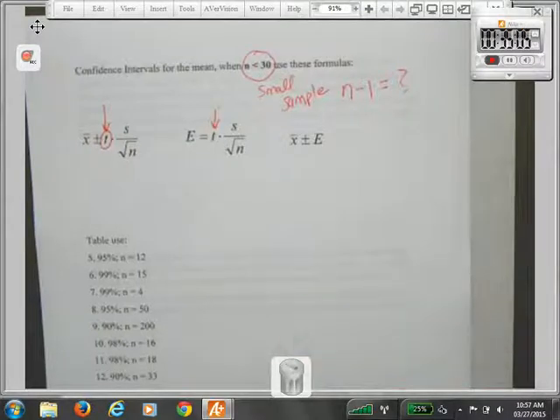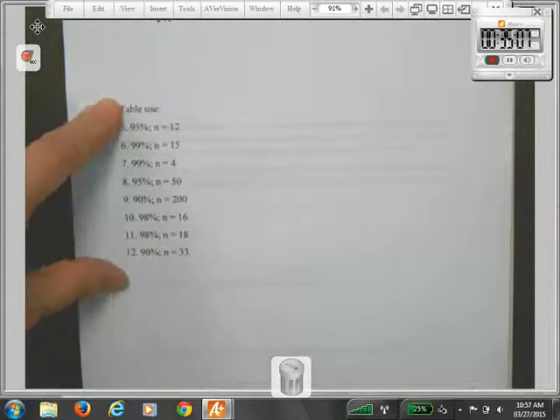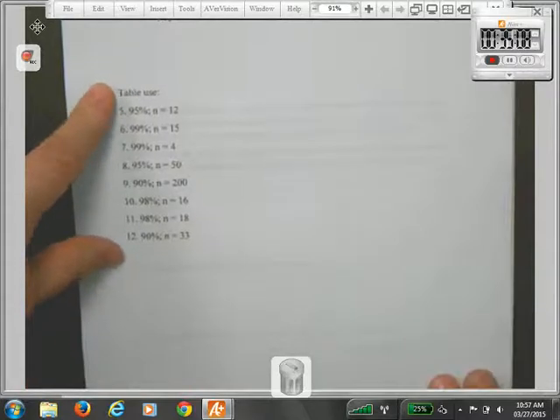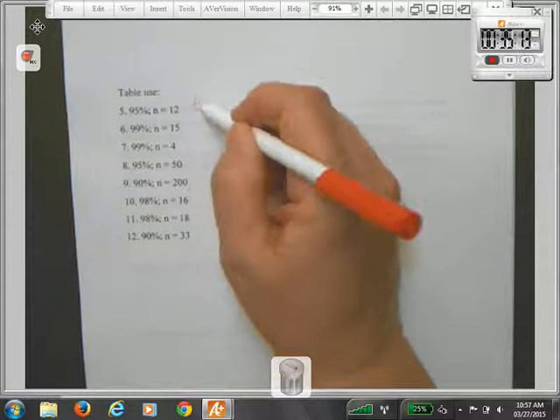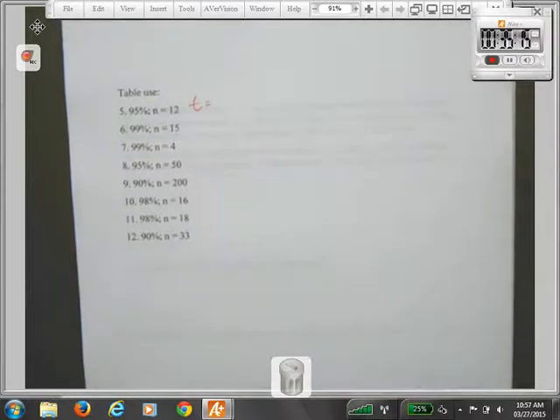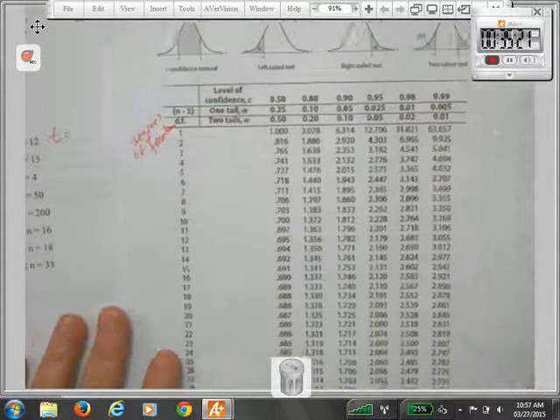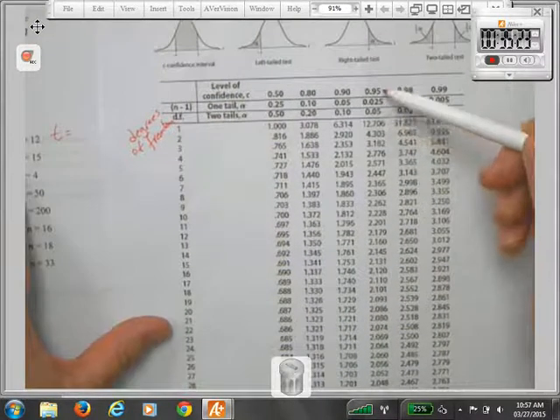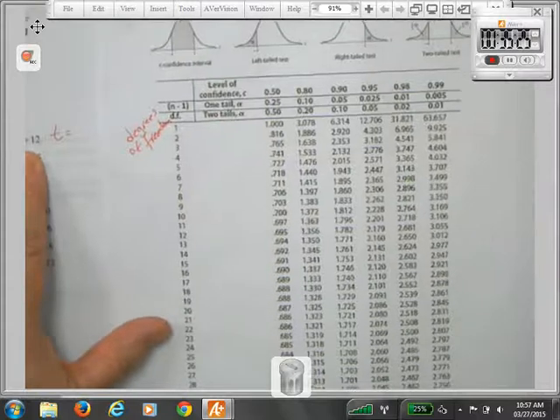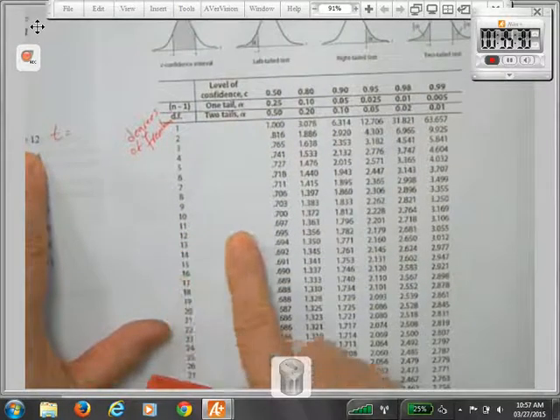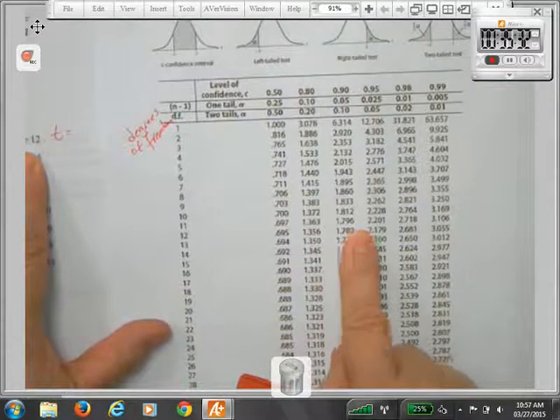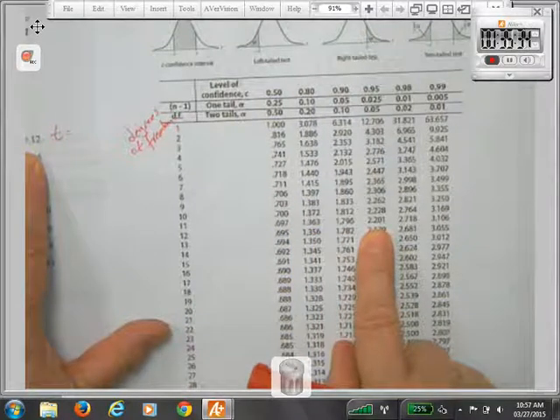All right, so I'm going to play around with the table first. We're going to see what T we're using. So instead of a Z, we have a T now. We're finding a T critical value. So let's all go to the table. Let's see, we're at 95%. N equals 12, so what does N minus 1 equal? 11. So we're going to go over to 11 and go under the 95%, and let's see if everybody could get